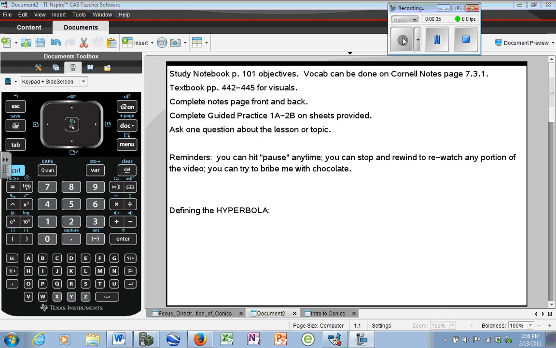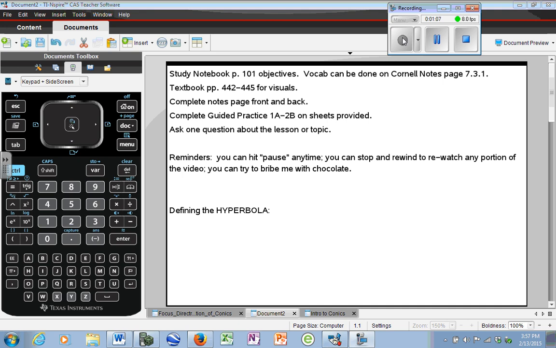You're going to complete the note page front and back. On the front, you've got definitions, standard form, and then there's some questions and bonus things on the back of that first page. Also, you'll be completing the guided practice for 1A, 1B, 2A, and 2B on the pages provided. And then at the bottom of that page where you're doing your work, you're going to give me one question. You're going to give me a good question about the lesson or about the topic,